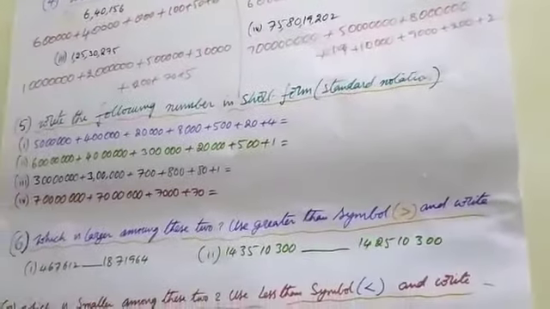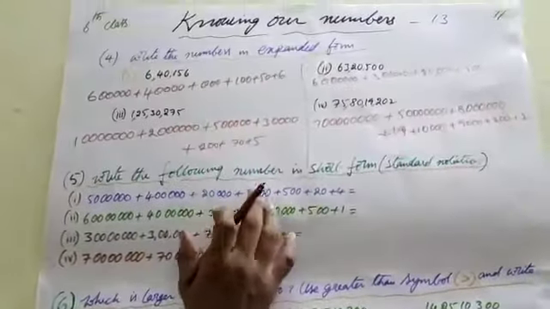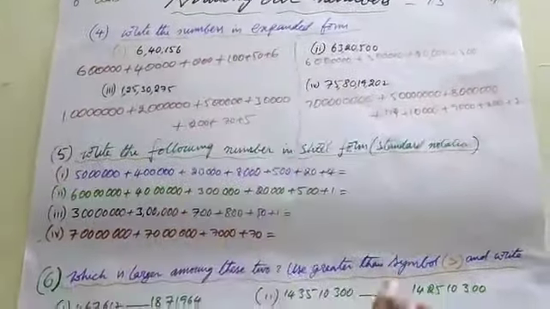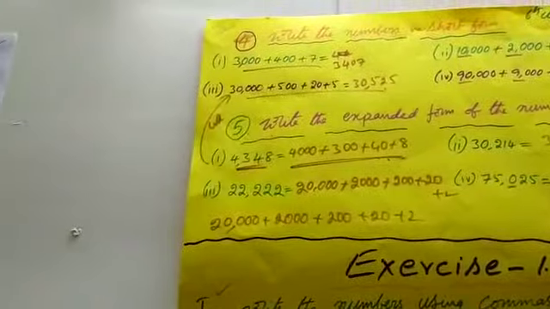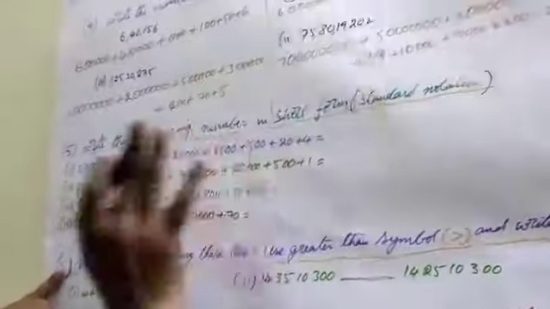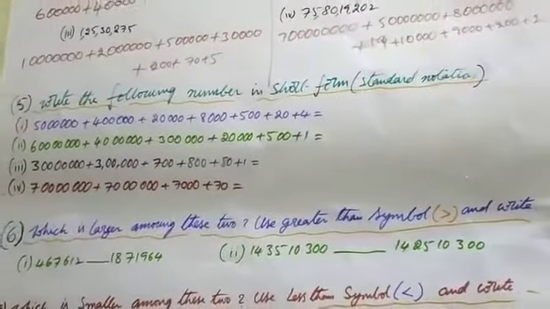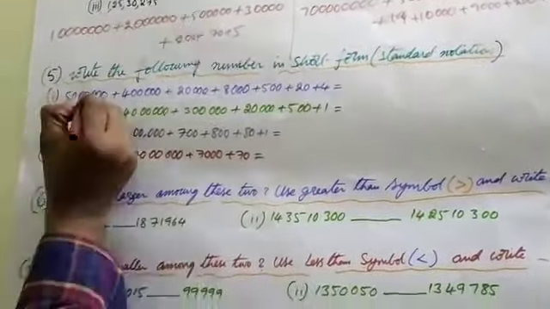Go to the fifth Roman. What is the fifth Roman? Compared to 4, the fifth Roman is expanded form to shortest form. We have already discussed it 10 minutes back. Fourth Roman: what is the fourth Roman? The expanded form to short form. What is short form? See, divided with commas.